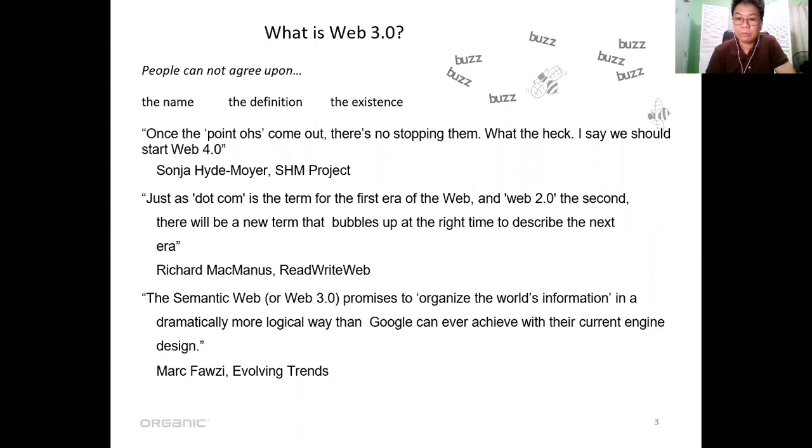An example of which is what we are now using, and some of us have at home: smart home appliances using wireless networks. For example, LG integrates your aircon, your ref, and all your machines into a wireless network, so it's very seamless. That is the concept of Web 3.0.